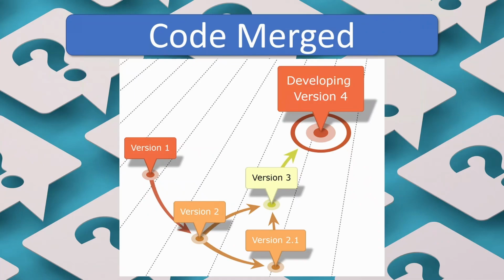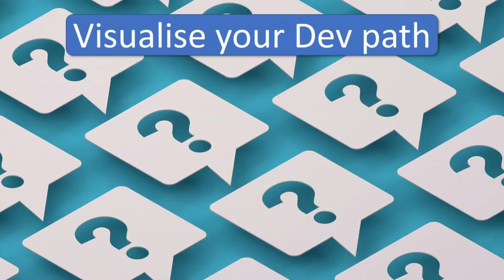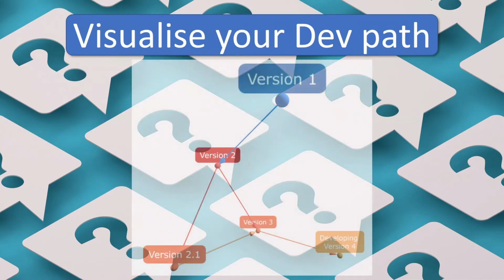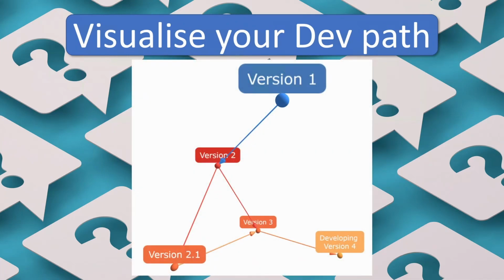Branching can be used for longer than one release. Sometimes entire new products are formed by branching off a code base at one point, and that key fork marks the beginning of a new product, which will never be folded back into the original trunk. Having a way to visualize your development path allows forward planning of where you're going to take your product. This can become a roadmap for planning future releases.